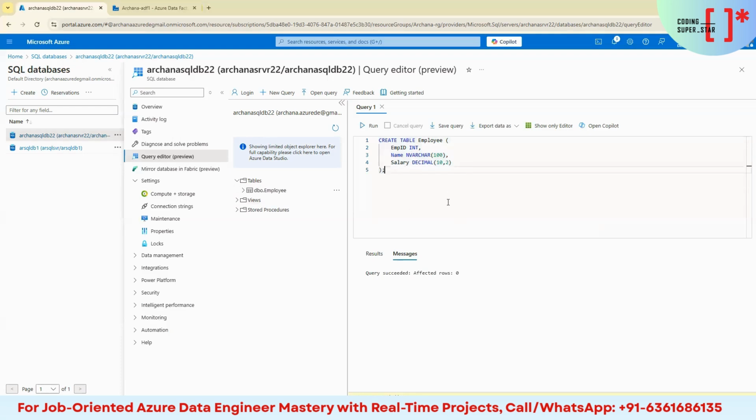Just note down what all columns you have created. This is employee ID, name, salary. These are the three columns we have in the SQL database. Fine. So what we'll do is we'll go back to